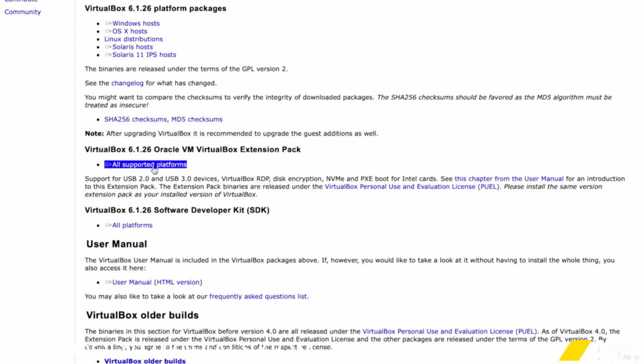So we just need to click over here. It will start downloading these packages. Let's download it. Okay, so to make these USB devices work, one thing you need to do is download this extension pack from here,